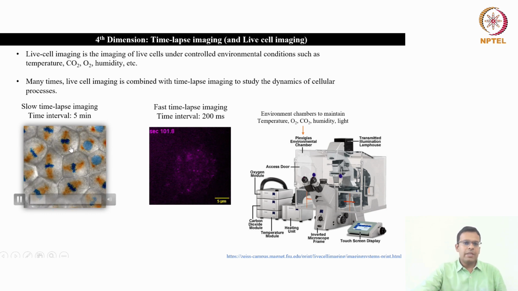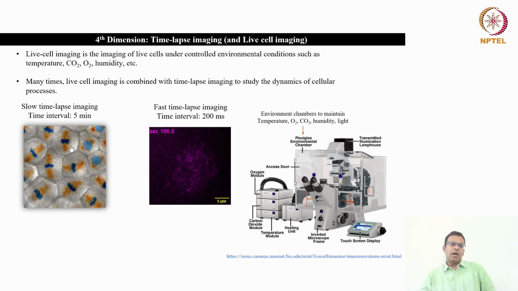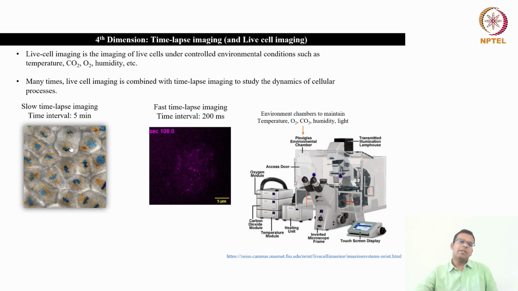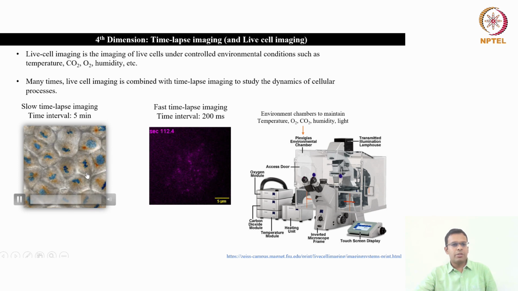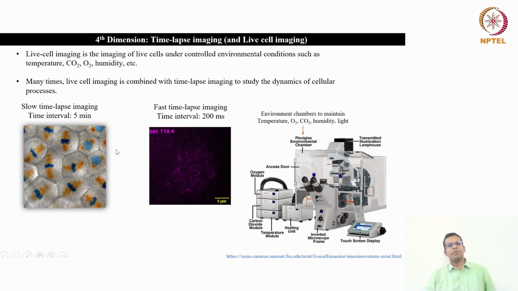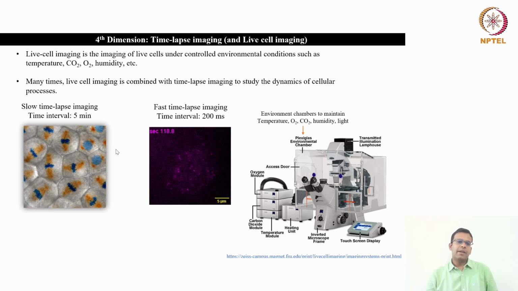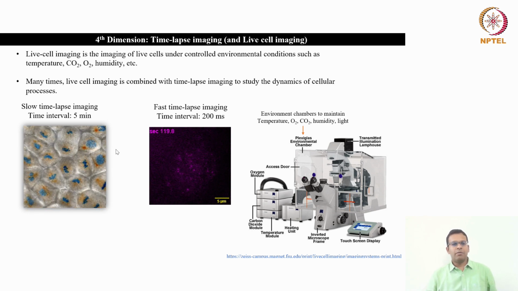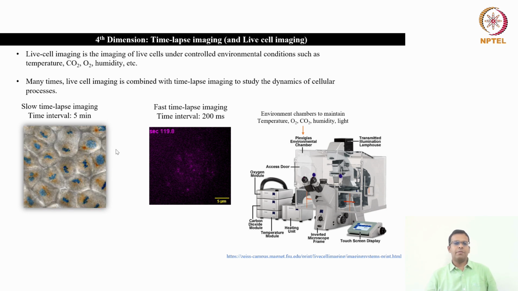So here you can see, let's say you have to determine the time interval for time-lapse imaging. How can you determine the time interval? Let's say your objective is to study the process of cell division. Then first you should figure out how long the cell division takes. Generally, in human cells, the cell division process takes one hour, to segregate the chromosomes and divide the cell.